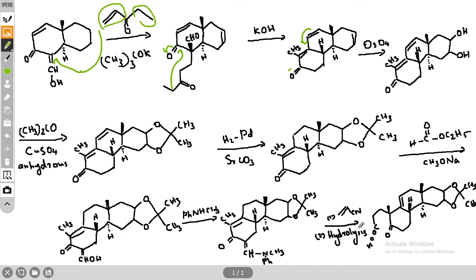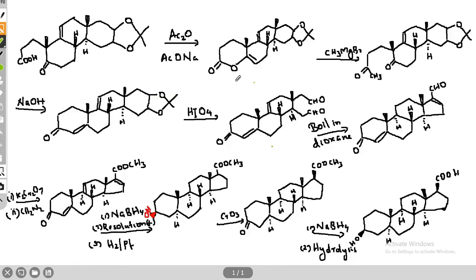Okay. Then it again reacts with acrylonitrile, and after hydrolysis, another COOH group is attached over here. That is, first of all, it will add at this carbon, and this bond will shift over here. Then this CN is hydrolyzed to COOH. Next we will see in the next slide.